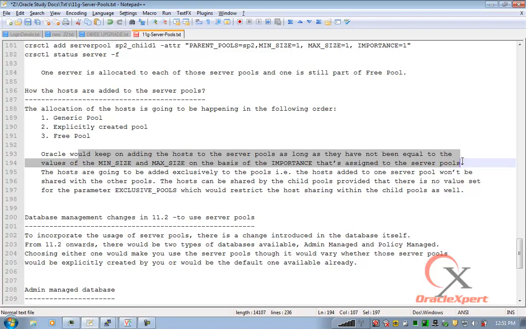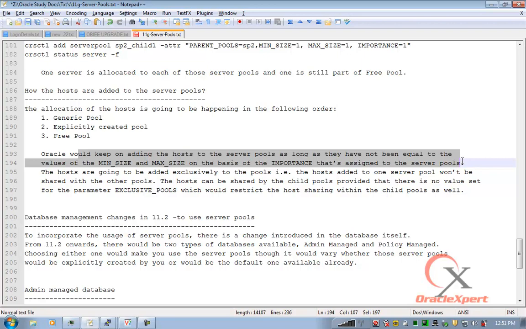So if you have not cherry picked the servers, that means from the available lot of all the free servers, I must be getting a couple of them. So which one of them? That depends on the importance of your server pool, that depends on the minimum value, and that depends on the maximum value of that pool. Oracle will keep on adding until the group has the minimum number of servers defined. Clear? How long? Until it attains max servers.